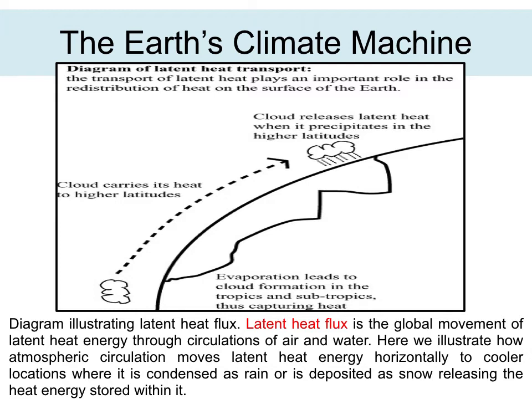This latent heat is the energy associated with change in the phase of the substance, that is, changing the state from gas to fluid and fluid to solid, or the reverse. An enormous amount of latent heat is involved in evaporation, because in evaporation, liquid to gas, a lot of heat goes. And similarly in precipitation, from gas to liquid, a lot of heat is released. This is what makes the hydrologic cycle a central player in the operation of the climate machine.